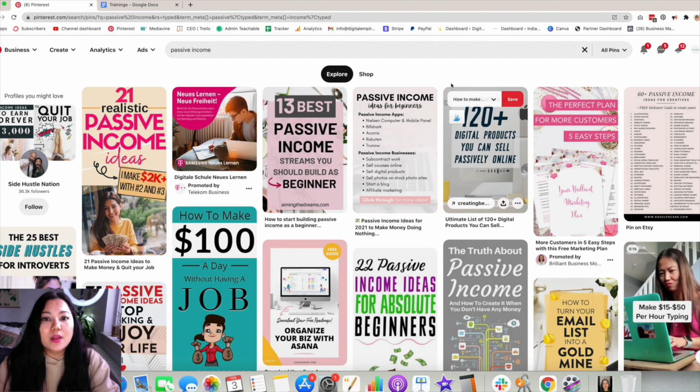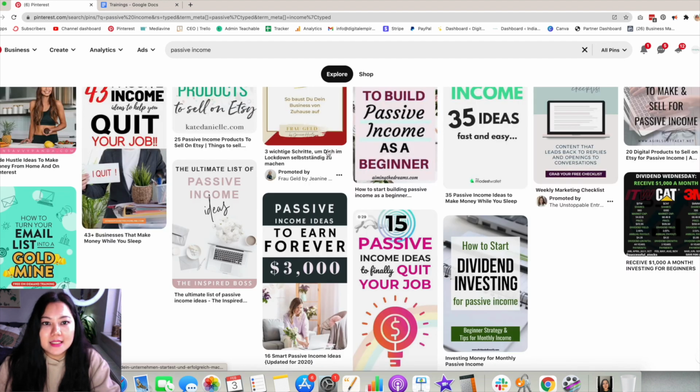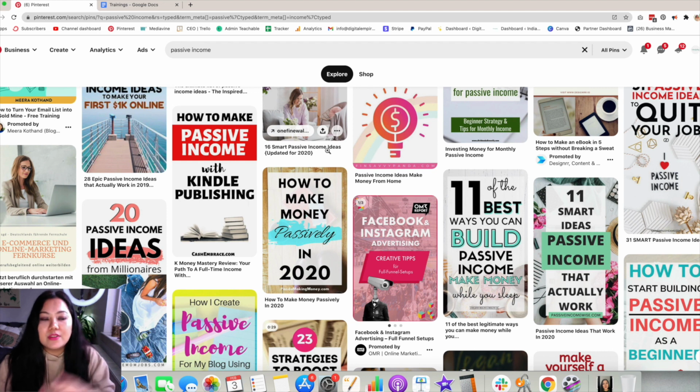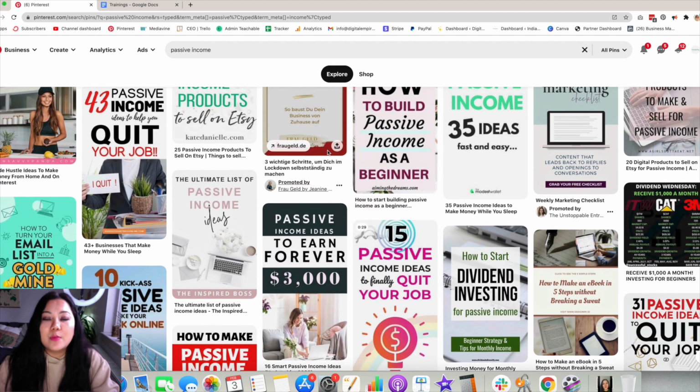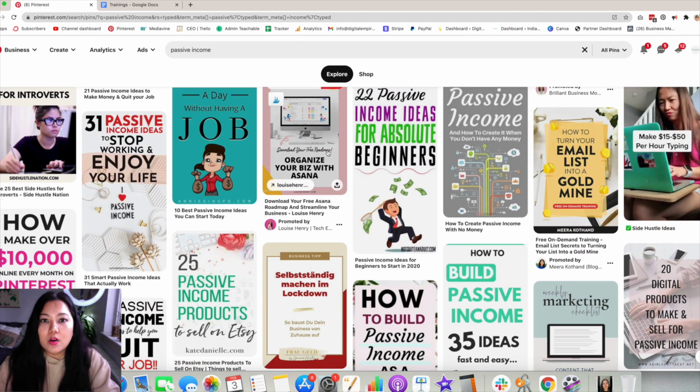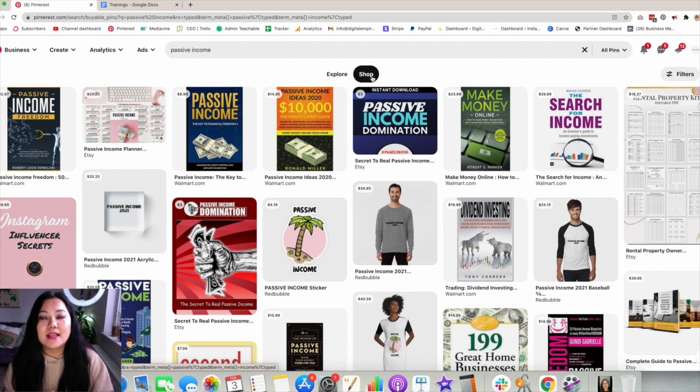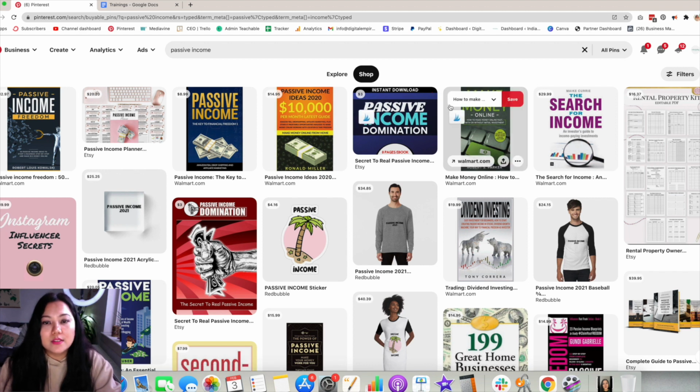So when it comes to the feed now, you have two different categories, the explore option, which basically shares with you all the pins like it did before. So instead of just having one place to see everything and also shop, now Pinterest has categorized that into explore, which means all of the pins that you can see, and the shop, which means that if you are a product seller and you, let's say, have books or products that you sell in this particular category, they might also have a chance to rank here on search.